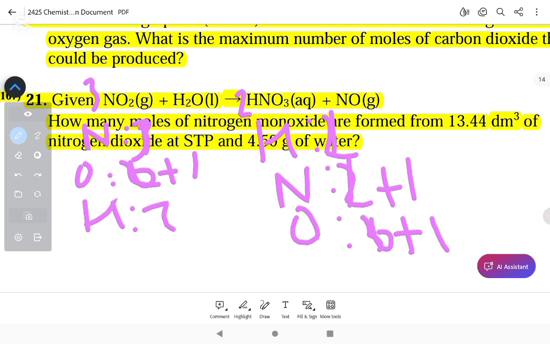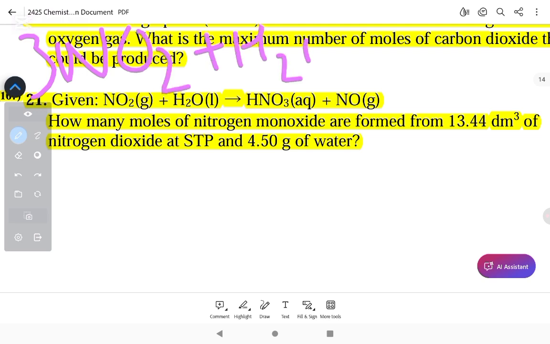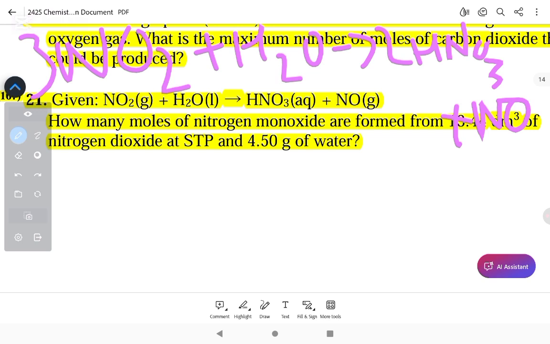Okay. 3NO2 plus H2O gives you HNO3 plus NO. Yes, everything is balanced. Or is it? Let me just make sure. 1 second. Yes, it is balanced. So 3NO2 plus H2O gives you 2HNO3 plus NO. Okay. So how many moles of nitrogen monoxide are formed from 13.44 decimeter cube of nitrogen